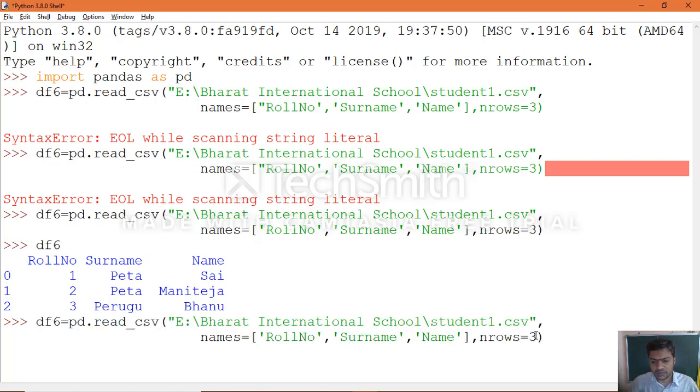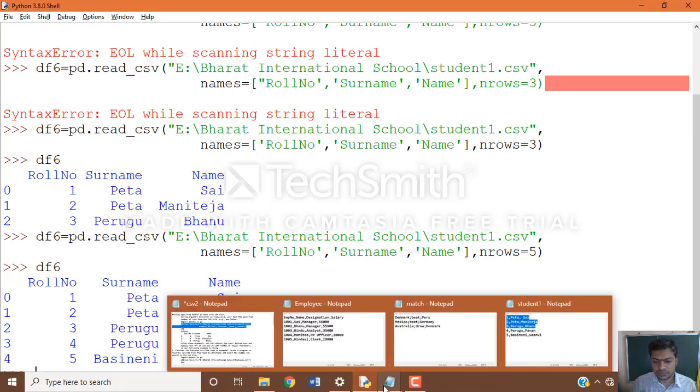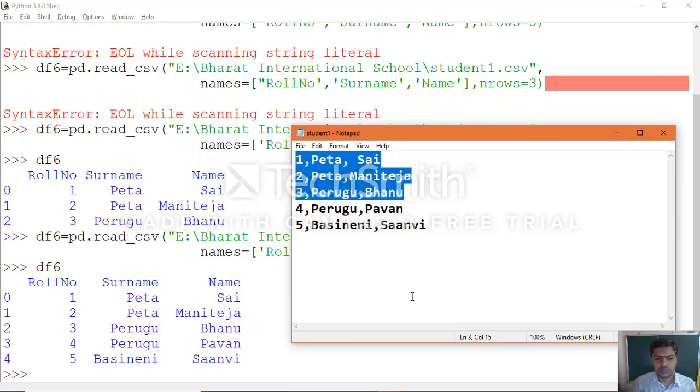You can see the CSV file contains complete information, and the complete data is the output now. You get the number of rows equal to the n value, whichever you specify.